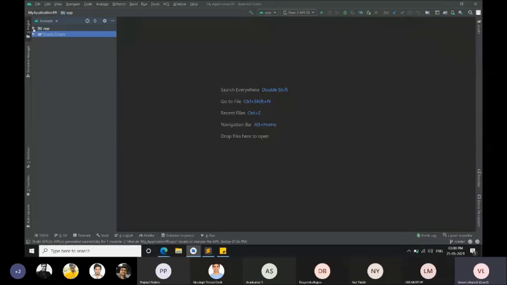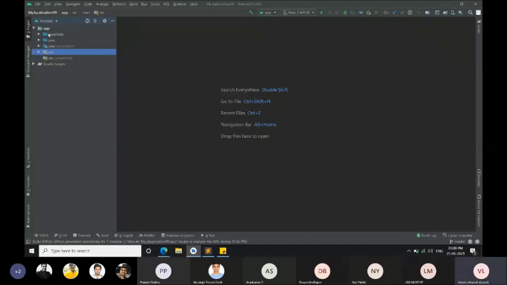So the project structure of this Android Studio, or for developing Android applications, is that we have only two folders. One is the app folder, and the second one is Gradle scripts. In the app folder, we have manifests, Java, and RES. Don't worry about this generated; these will come after you run your application.